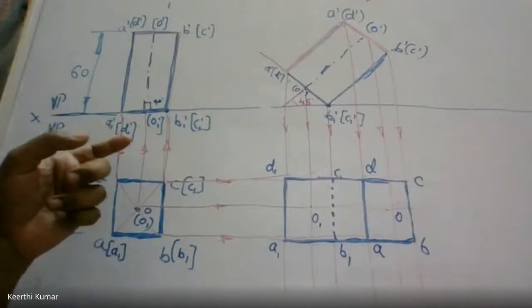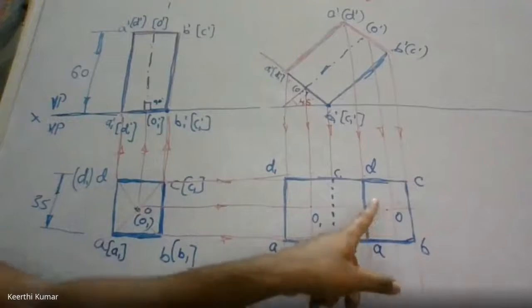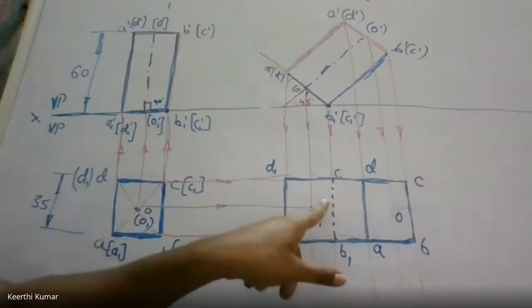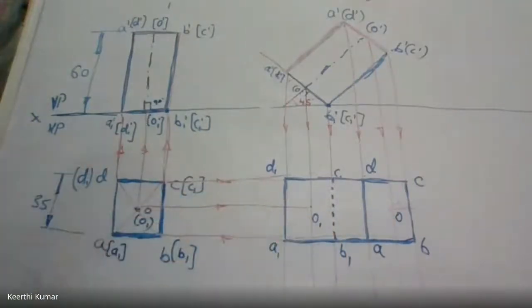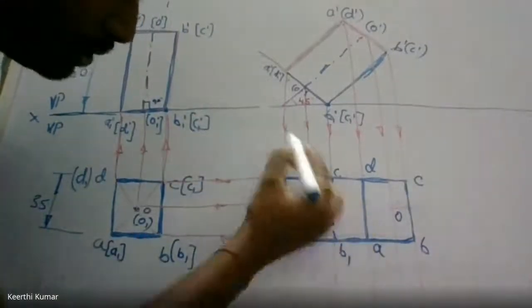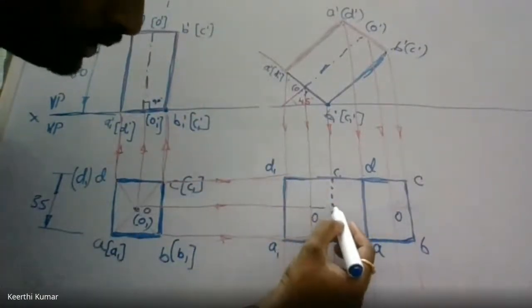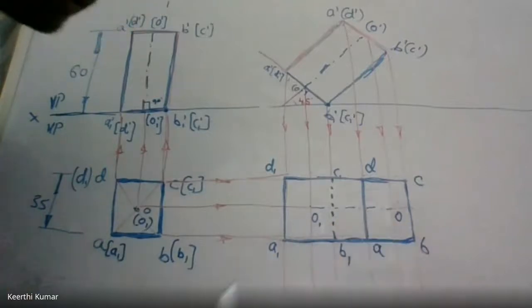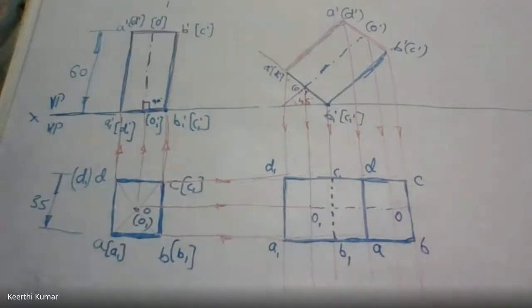Then at last, we have to connect the axis from O to O1. What is the format of the axis? Can anybody tell? The axis is an imaginary line, so it is always supposed to be in the form of a locus line. How to draw that? Just connect with the locus line. No need to check the visibility for that. Bigger dash, smaller dash, bigger dash, smaller dash, bigger dash. That is the connectivity for the axis. The axis should be thin, and it is in the form of a locus line. Clear?